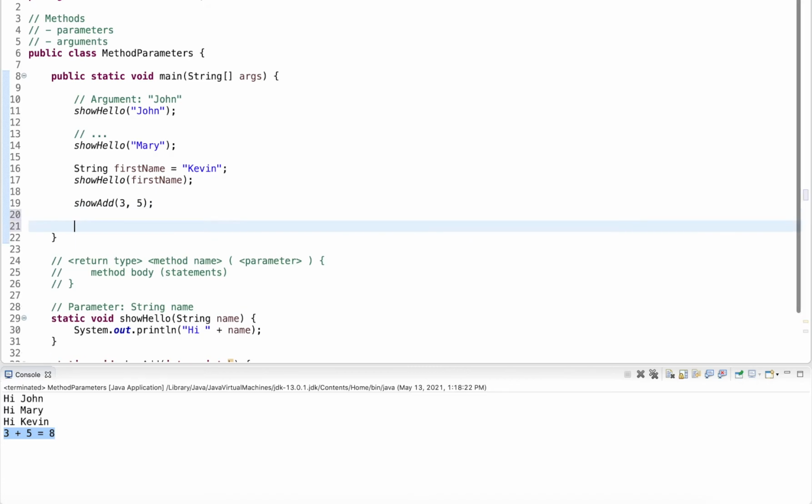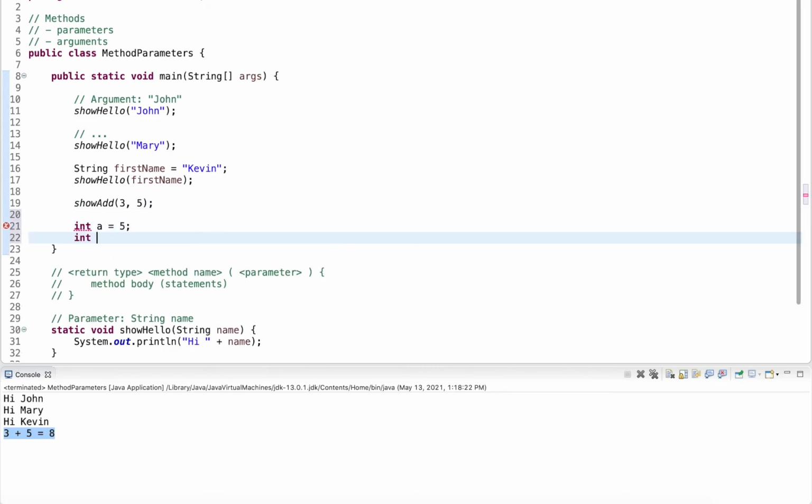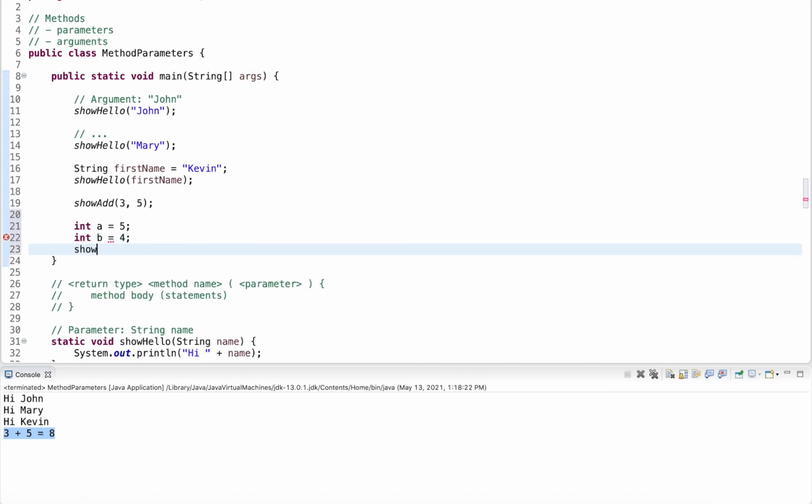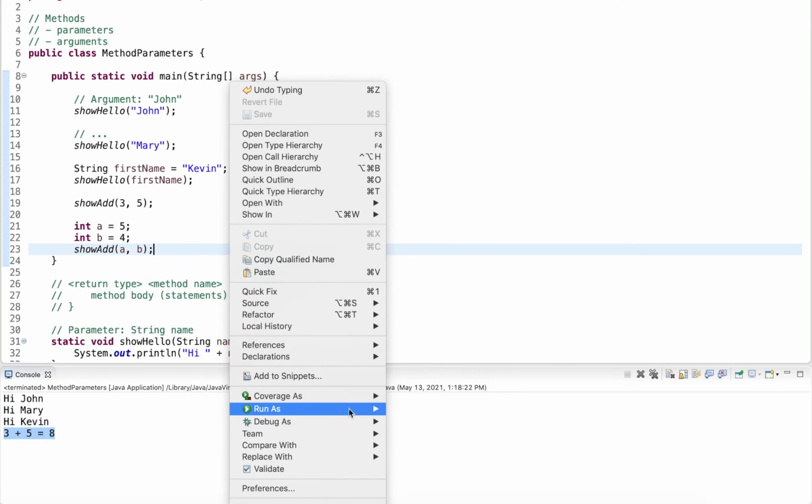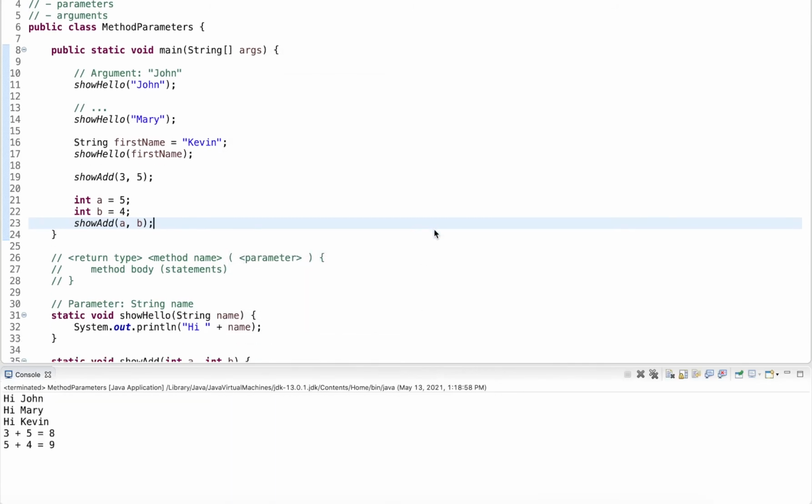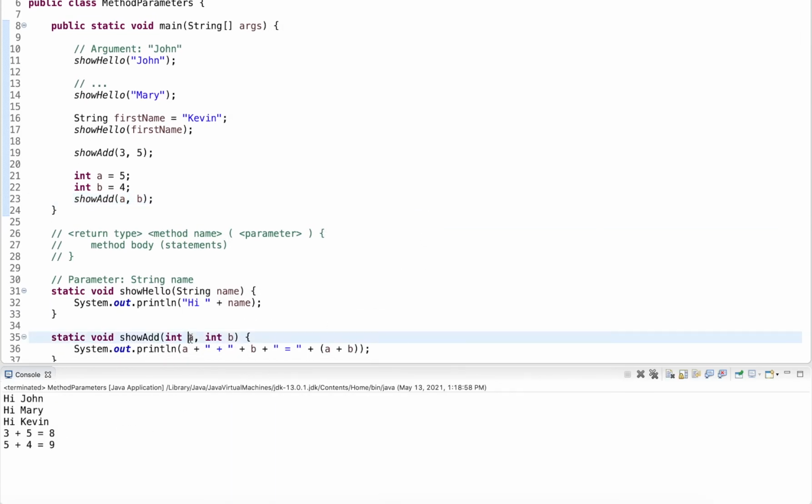Now we could also call it with variables. A is 5, B is 4, show add, and I pass in a and b. And when I run this, now it assigns these two values. A was 5 and